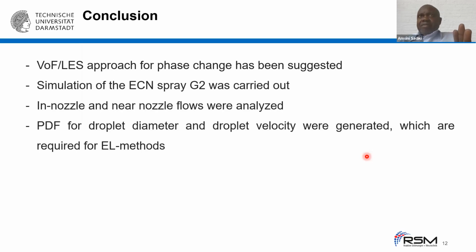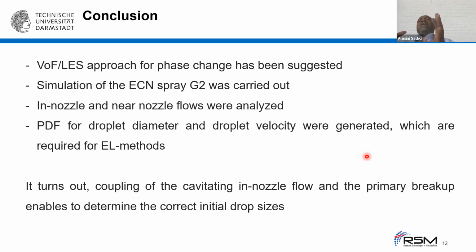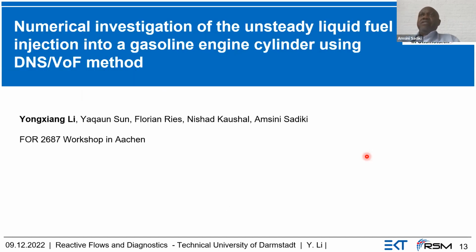Having this, we said we need to validate this to see if we can obtain a similar droplet distribution if we base everything on DNS. And that is why we did this DNS. And we now use the DNS VOF method. And for that,